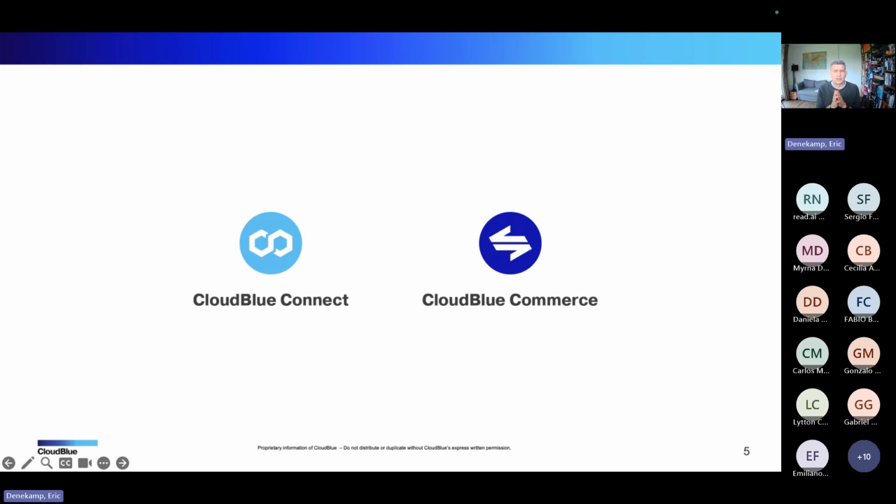These two are not connected directly. These are two separate platforms. Connect is a cloud-based platform that we are hosting, that we are running, that we are managing, that we are updating, et cetera. And then you have commerce. And for commerce, we have multiple flavors. We've got a SaaS version. So again, we manage it, we handle it, but there are also dedicated platforms, and we have a dedicated SaaS version again. So again, we run it, but it's dedicated for a customer. Or we have platforms like America Movil has, a platform in Brazil, a platform in Colombia, etc., etc.